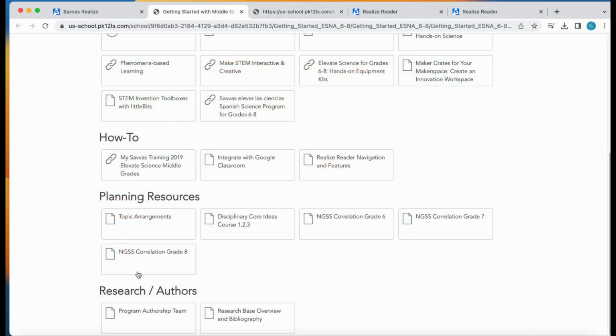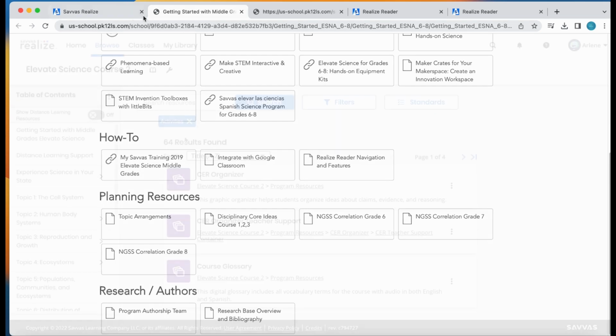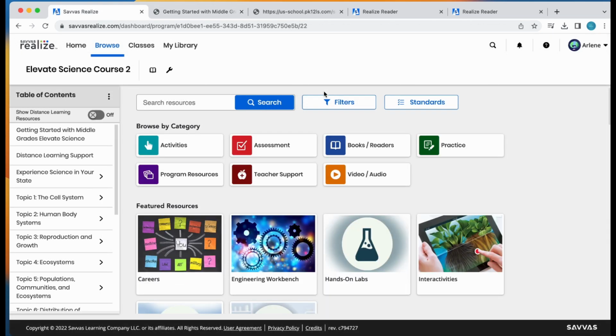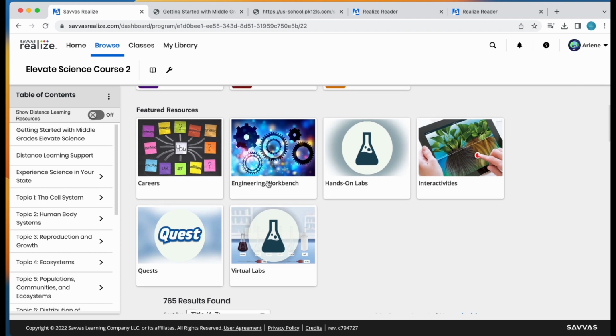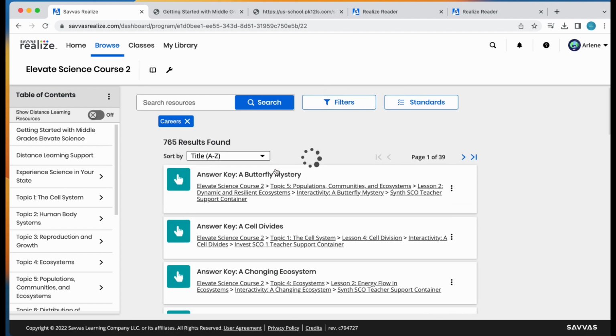Any resources, all this is under your program, like help. This is just by searching by category. All this is already organized per section for you. This is just if you want to jump start into something. All right, so here under feature resources, if you want to look at a specific one under careers, I think this